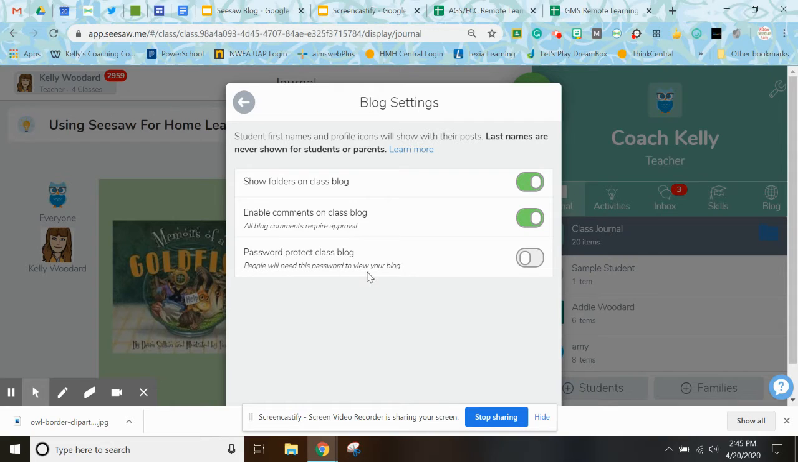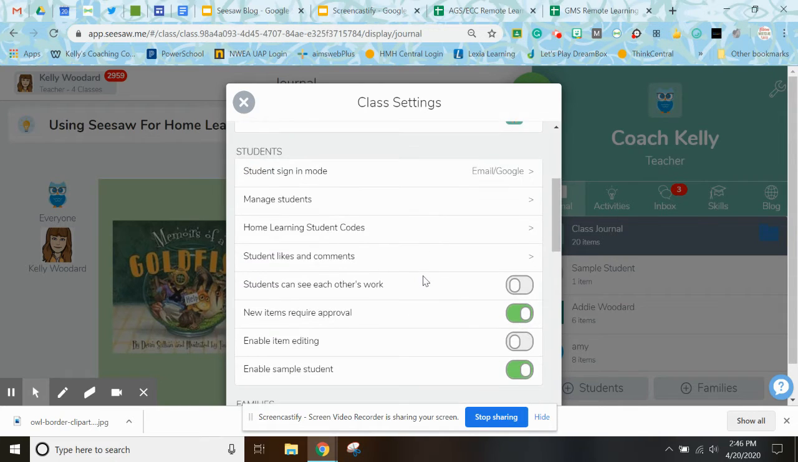You can also password protect the blog. So people will need a password to be able to view the blog if you're going to post it and make it public. I chose not to make my blog public just because I just did it for my own classroom. So I didn't worry about that. So I'm going to go back down to blog